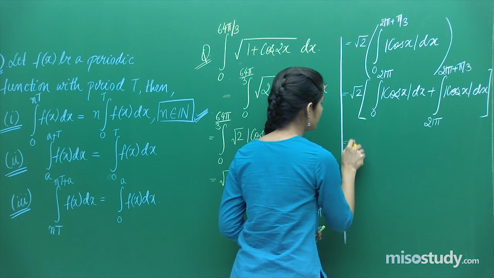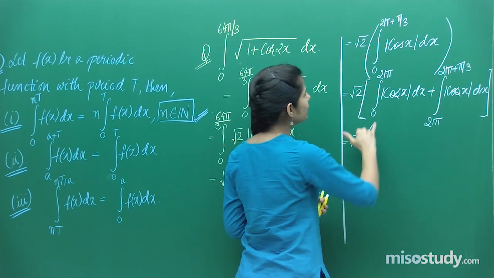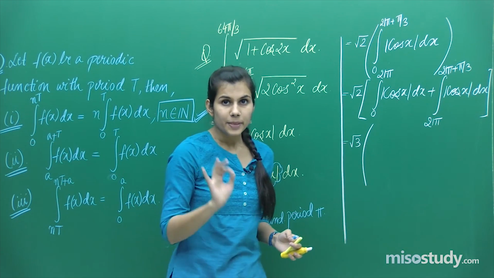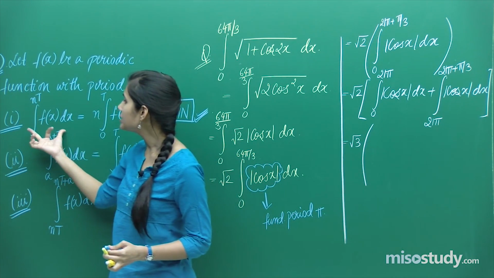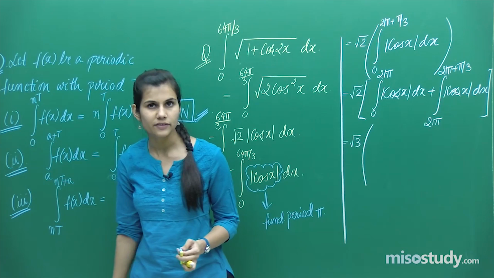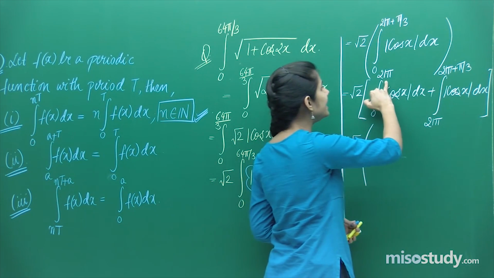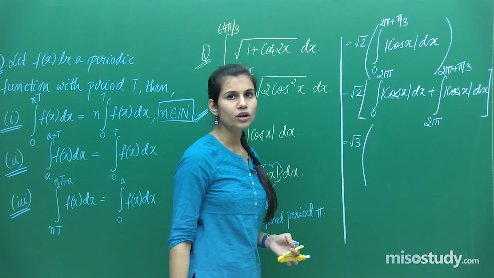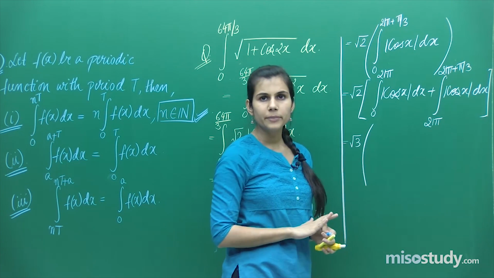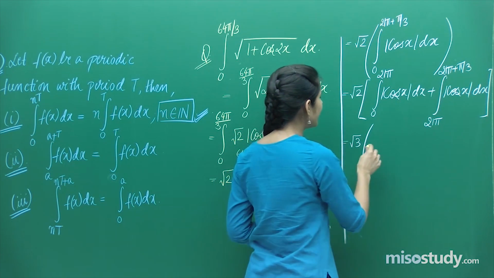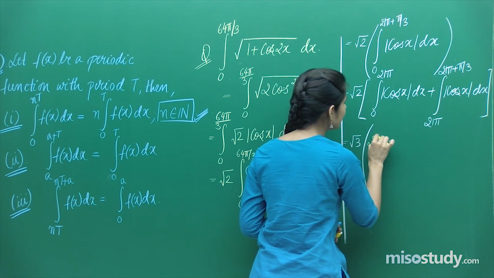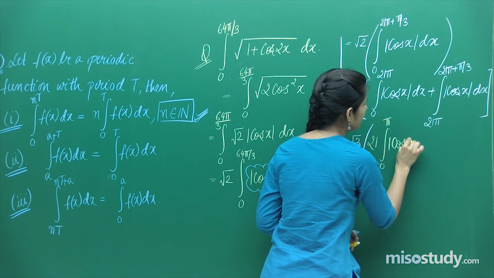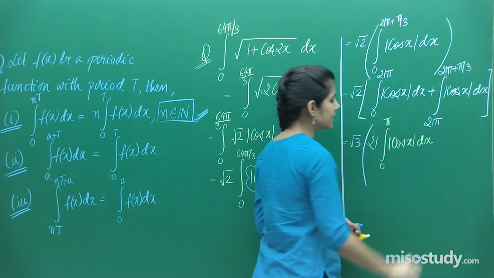Now that you have the integral from 0 to 21π of |cos x| dx, the situation is favorable. This is completely resembling the left hand side of the first point under the 7th property, 0 to nT, where T is the period of f(x). Yes, π is the period of |cos x| and 21 is a natural number. I can pull this out of the upper limit and out of the integral sign. I am going to get 21 times the integral from 0 to π of |cos x| dx